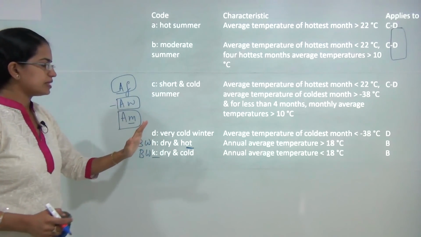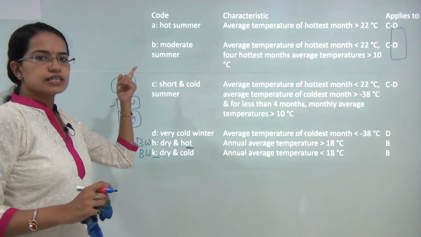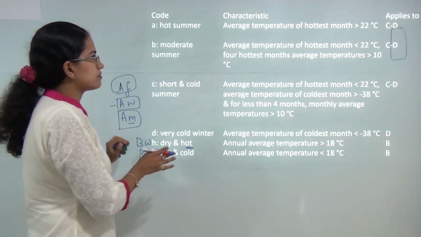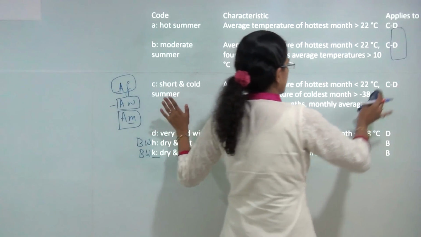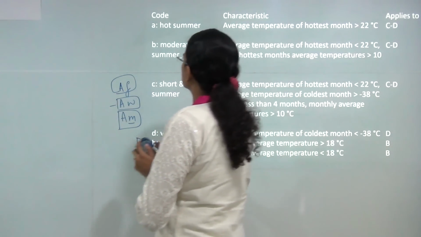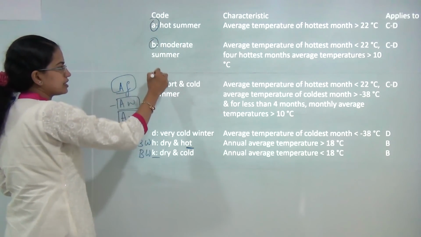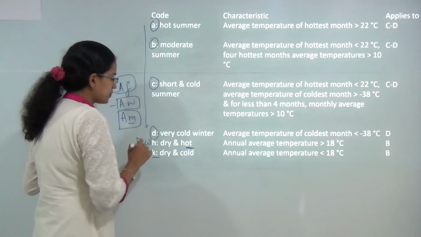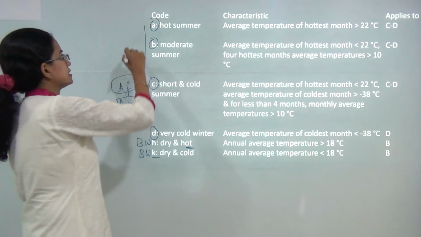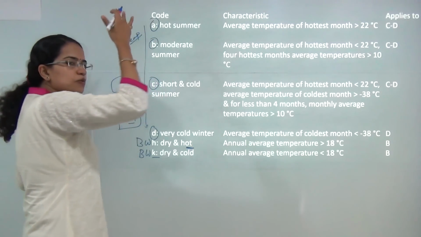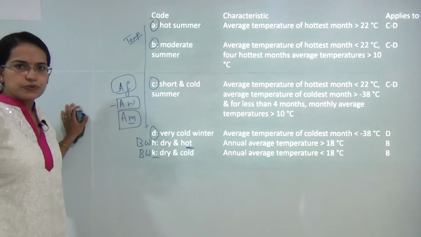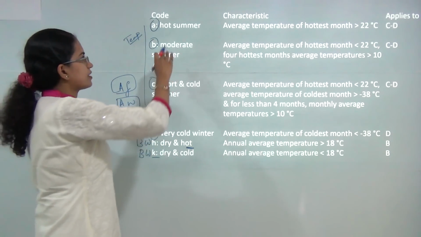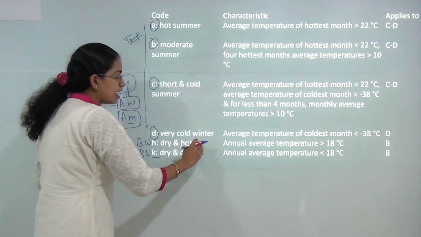Then we have simple abcd. Again you have the capital ABCD in the primary order and the tertiary order has a small abcd. The only difference here is all these are applicable to microthermal and mesothermal zones. So a is hot summer, b is moderate summer, c is short summer and d is cold winter. As we move from a to d, it's based on the temperature. The capital A to D was based on the latitude. However, the small a to d is based on the temperature. So similar to that, you have hot summer, moderate summer, cold summer and very cold winters.